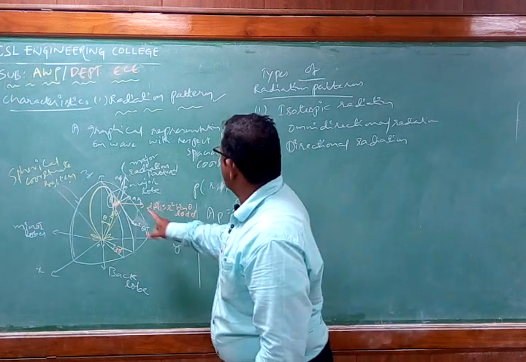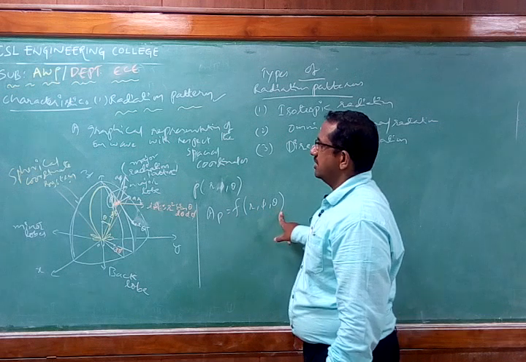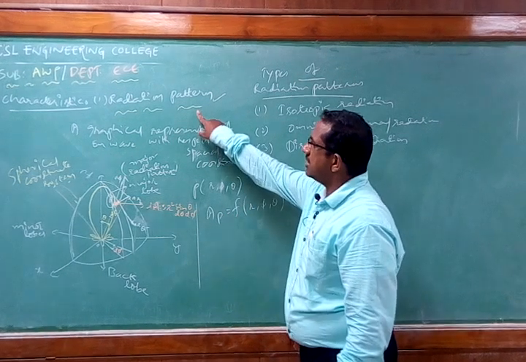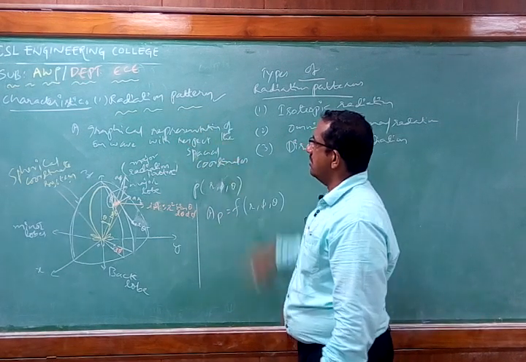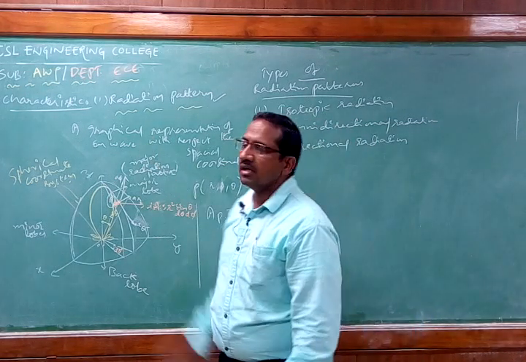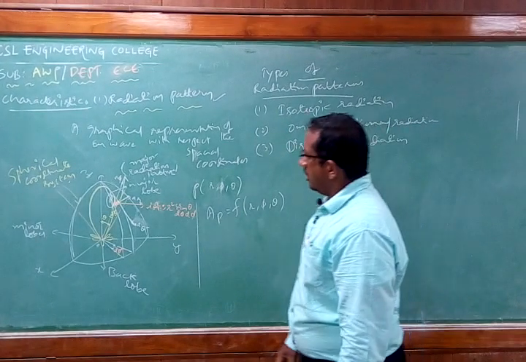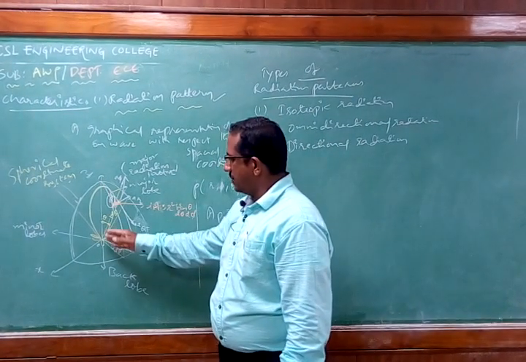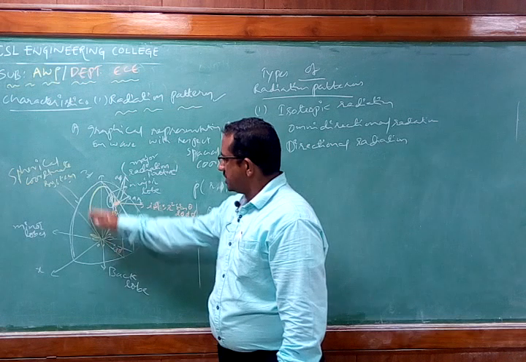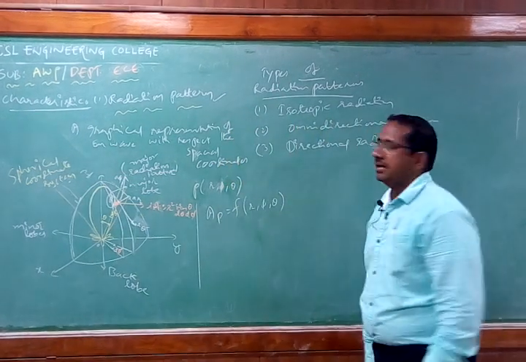Yes, now this radiation pattern is dependent on all these factors. Now what is nothing but radiation pattern? It is simply a graphical representation of the EM wave with respect to the spatial coordinates, simply known as a radiation pattern. Now based on the strength or the intensity of the radiation, we normally have three types of radiation patterns.